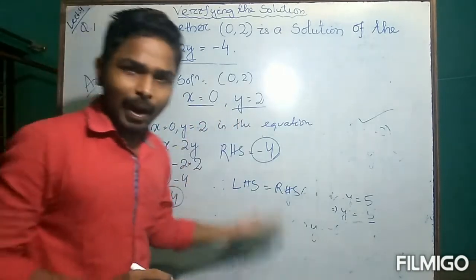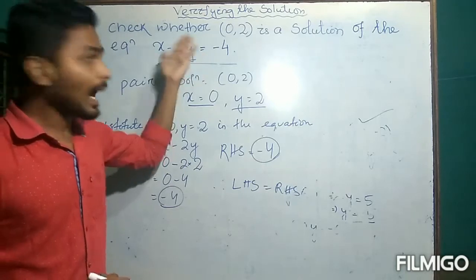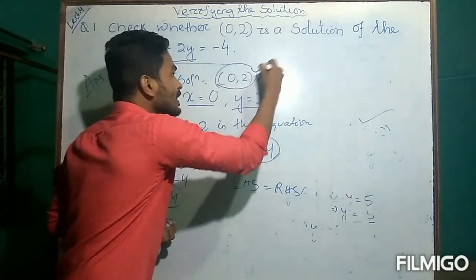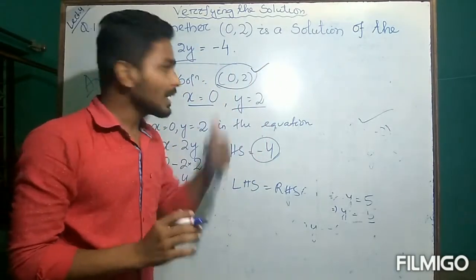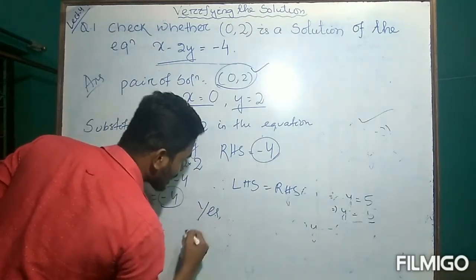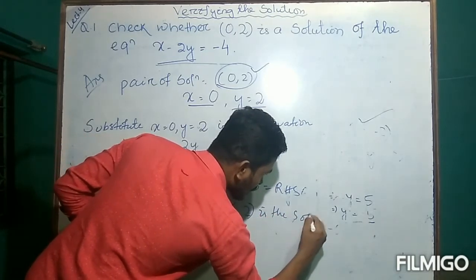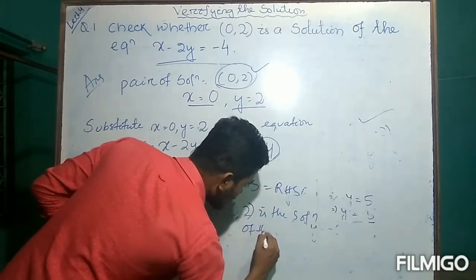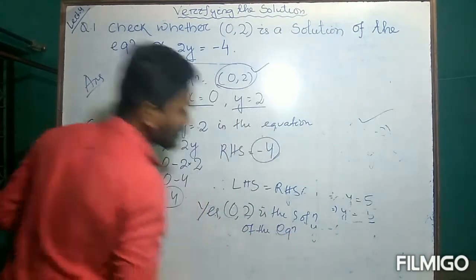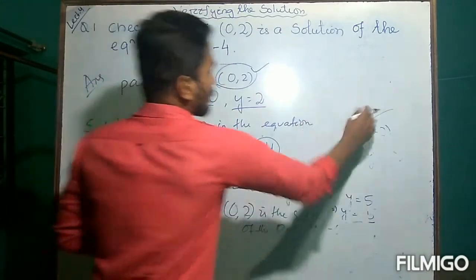LHS is equal to RHS means what? It means this pair of solution is the exact solution of that equation. So you should write yes, 0, 2 is the solution of the equation. Understood? But in some cases, for example,